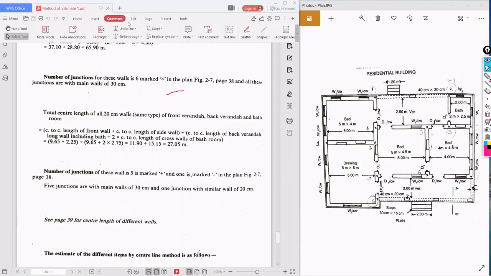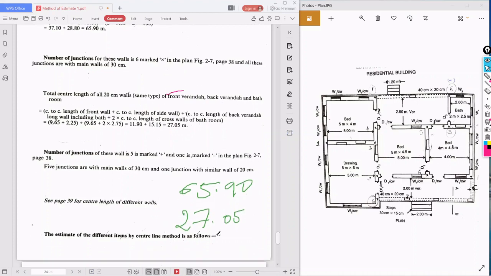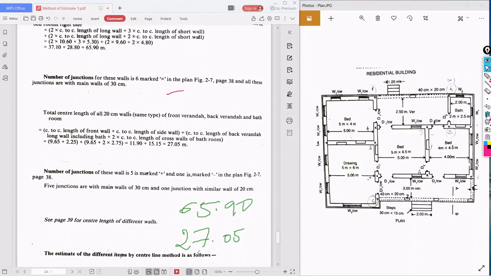65.90 is the total center line length of 30 centimeter wall. Okay, so I'll write here that is 65.90 and 27.05. So this is for 30 centimeter wall and this is for 20 centimeter wall. Okay, so now